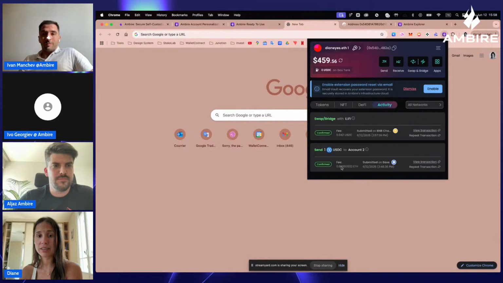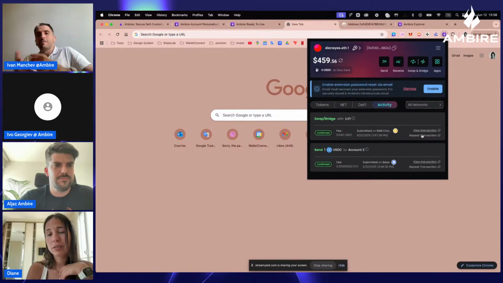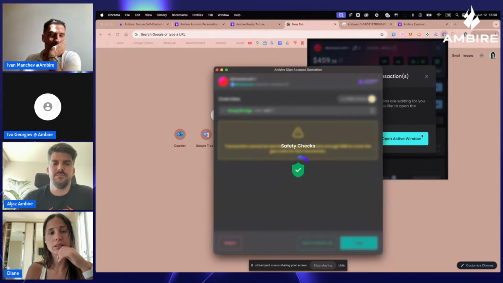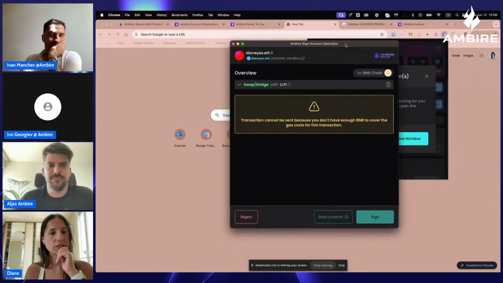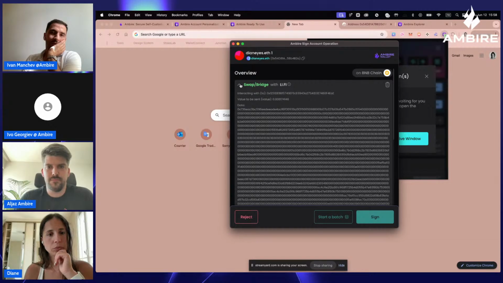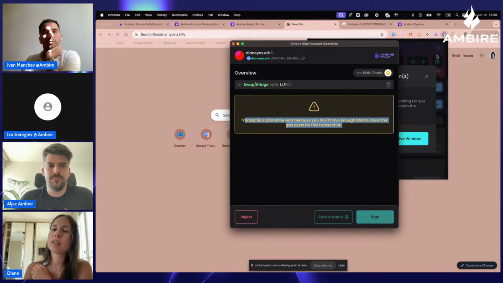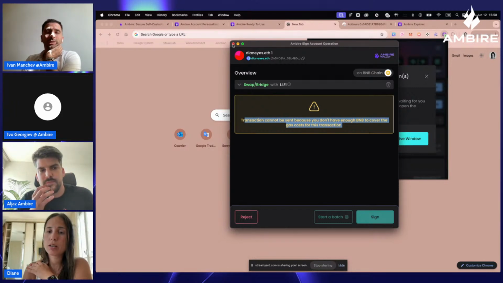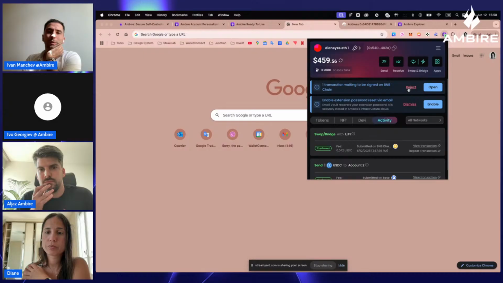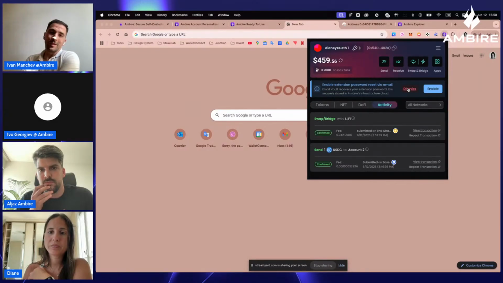I have it in my activity here. Yeah. And I can repeat. That's right. That's a cool option. So I don't get why it opened a new window. For repeating, you don't get what? It's not happening in the extension window. It does open a pop-up for signing a transaction. Okay. But you don't have enough funds to pay network fees because you just swapped them. All right. Yeah, I stopped my Mac.